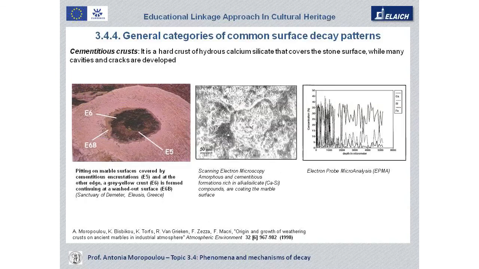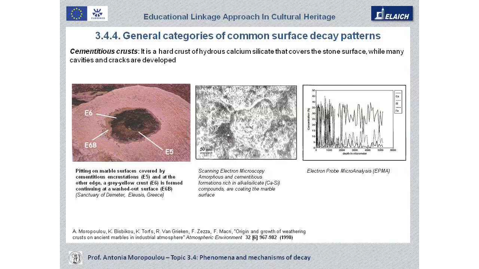patina. Of course, in the case of Eleusis, which is surrounded by cement industries, we are having the fingerprint of these industries in the form of cementitious crusts. The cementitious crusts are formed by the amorphous alkali silicate depositions, which are reacting, as we see in the scanning electron microscope, developing a very coherent crust of cement, and this is confirmed by the chemical microanalysis in the graph